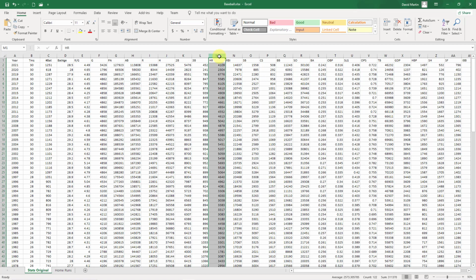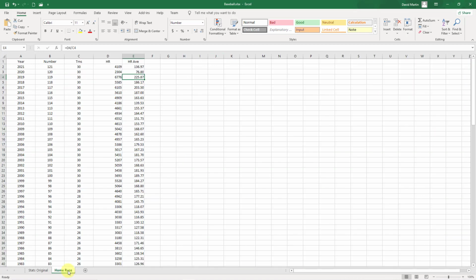data over the years. And so here you can see all the batting data from the beginning of baseball. And I took that data and narrowed it down to a subset. So I've got the year, and then I'm just doing the data from 1900 to now, and I'm just counting the year from 1900 to now. And here we have the number of teams, the number of home runs that were hit in a given year. And just to normalize it a bit, I have divided the number of home runs by the number of teams